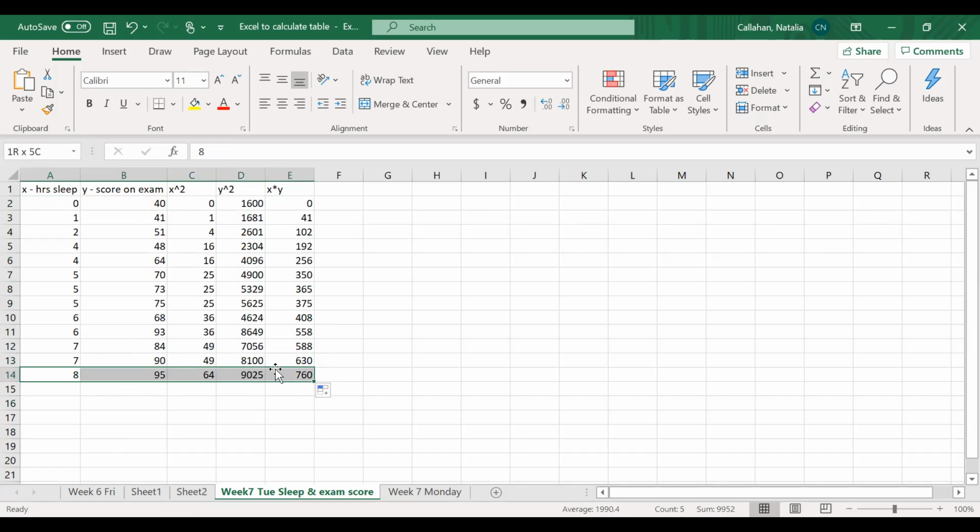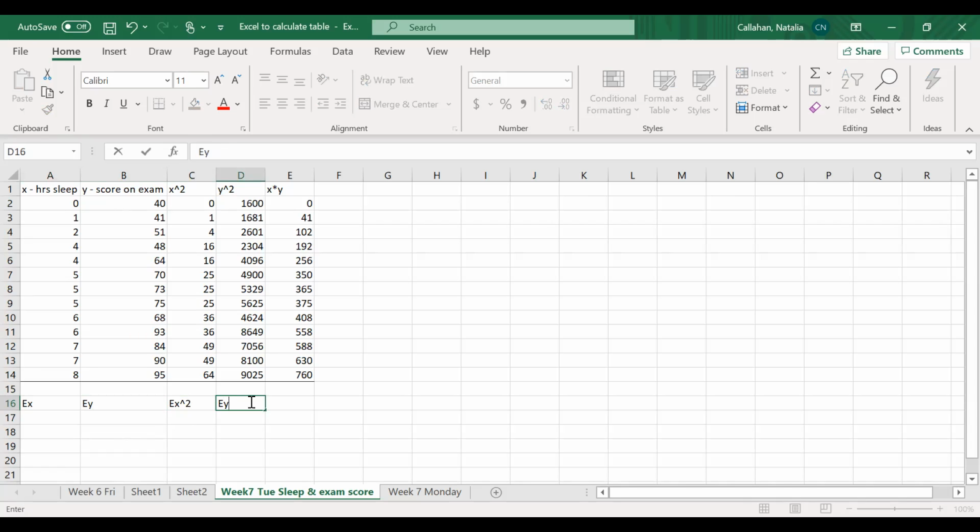Okay, so then remember you need to have the underline of this, which is going to be the sum of x, the sum of y, the sum of x squared, the sum of y squared, and the sum of x times y.